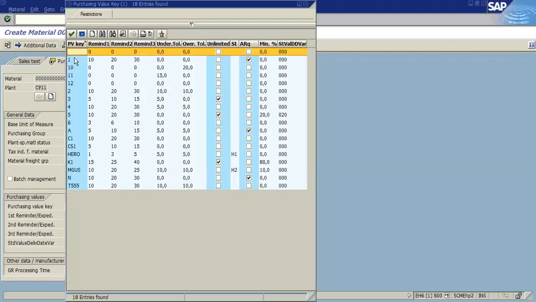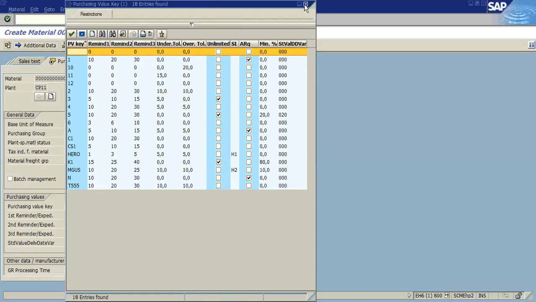If I select blank, then it won't send any reminders. If I select 2, then the first reminder will be sent on the 10th day, the second reminder on the 20th day, and the third reminder on the 30th day.